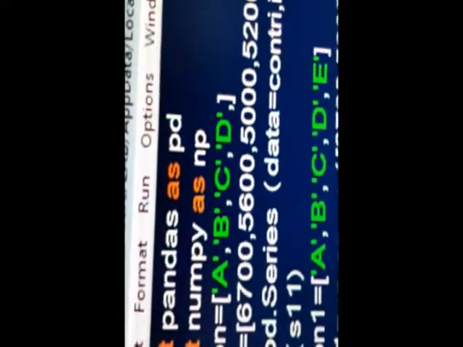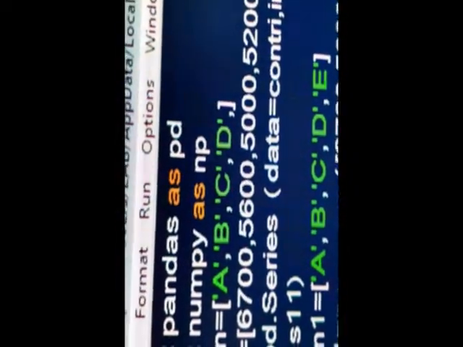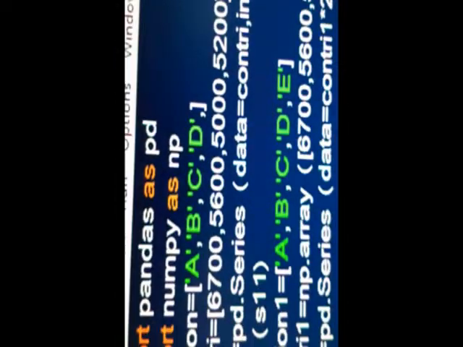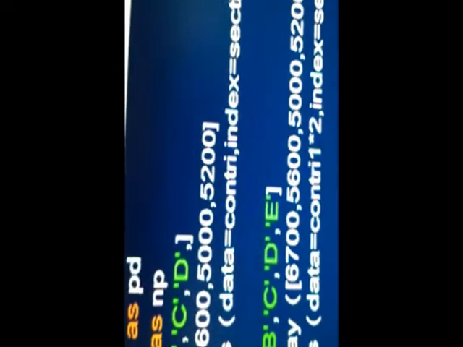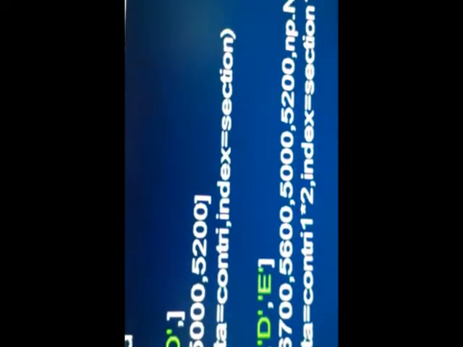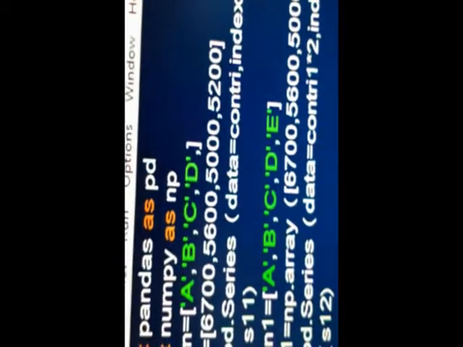Then the S11 series object is printed, that output I will show you. Then you can see the S12 series object is created using country into 2, double of the country. And then you can see here the data type is also provided. Remember, S12 gives data type float32, okay, and then I have printed it.